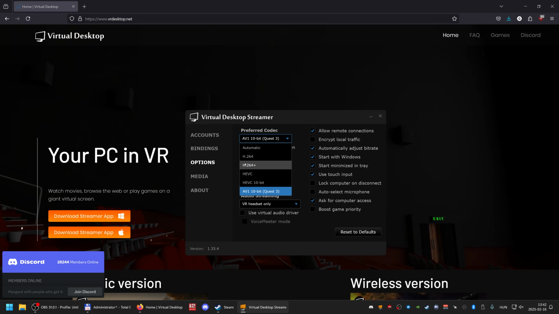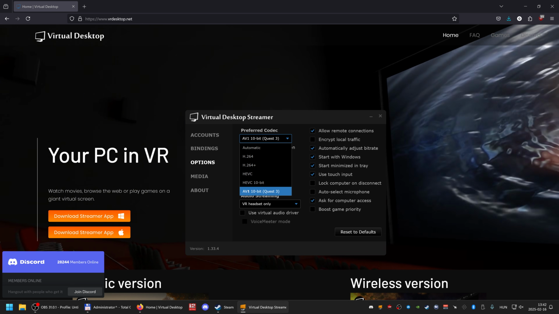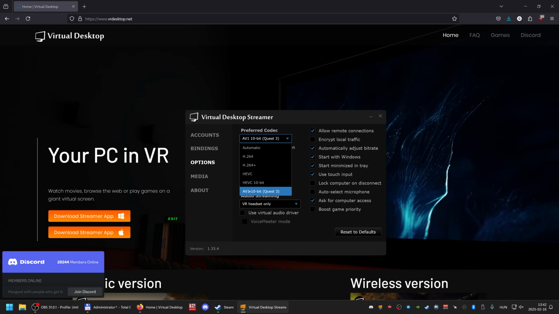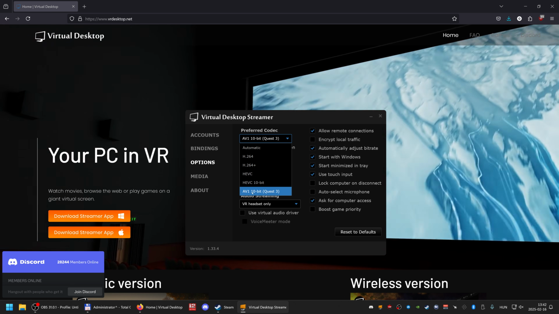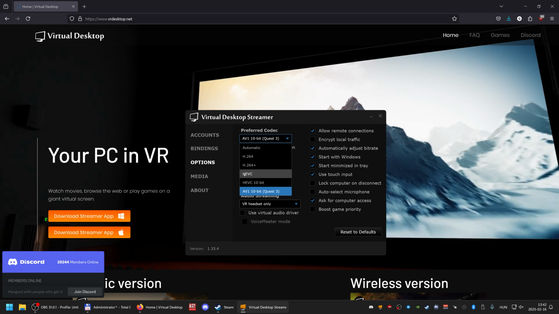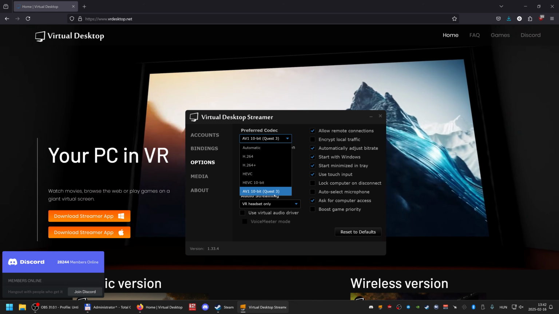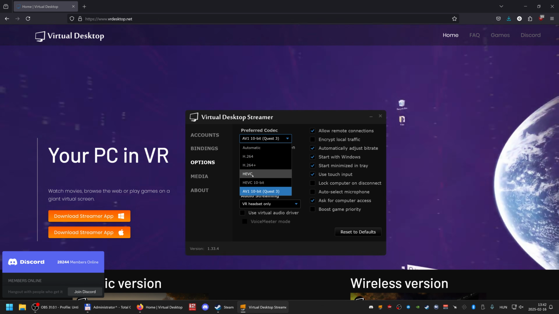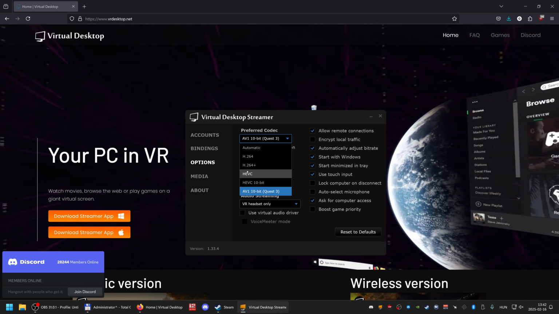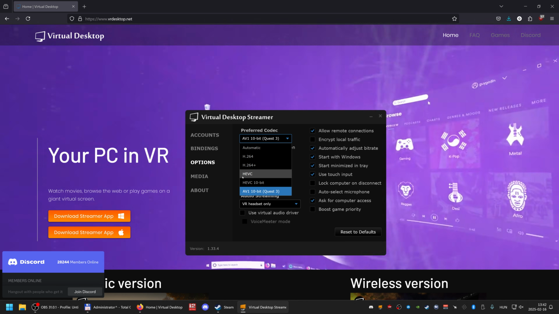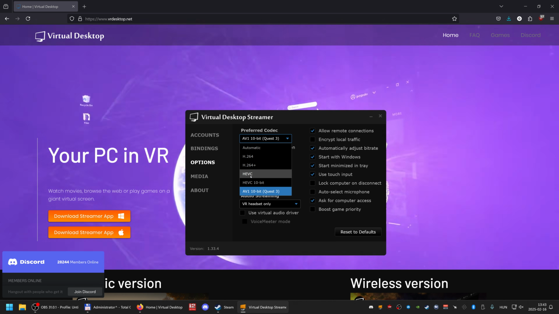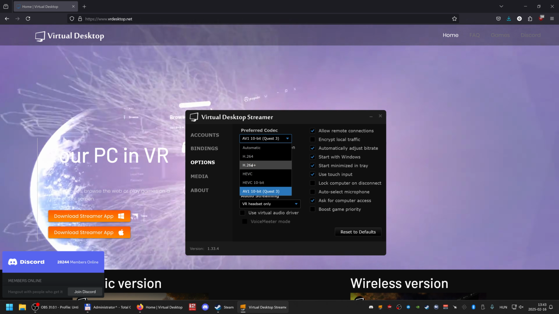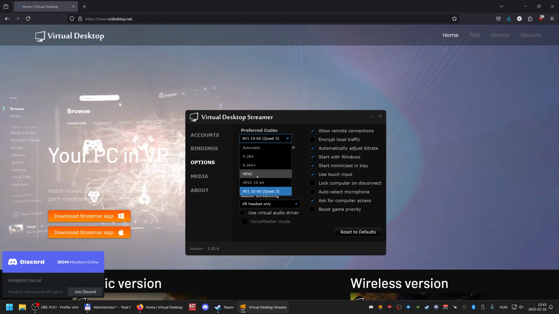H.264 Plus has the lowest latency. AV1 has the best bitrate to graphic quality ratio, but it needs RTX 40 series or higher. I think the 7 series of AMD can do it, but I'm not sure. Also, you can use the HEVC, which has a bit more latency, not as good as the AV1. So it's somewhere in between, but it's supported by most